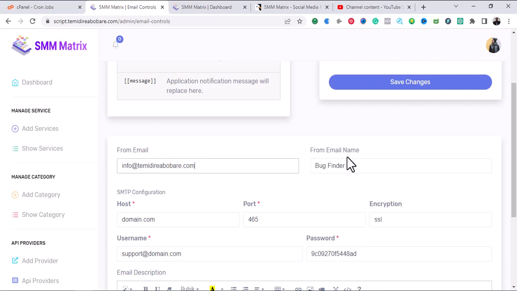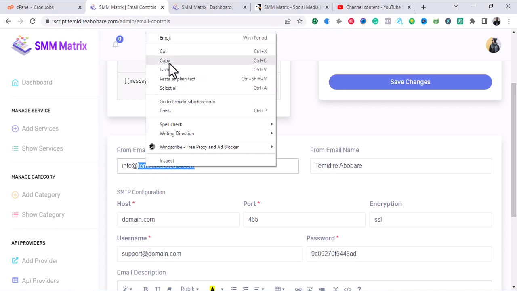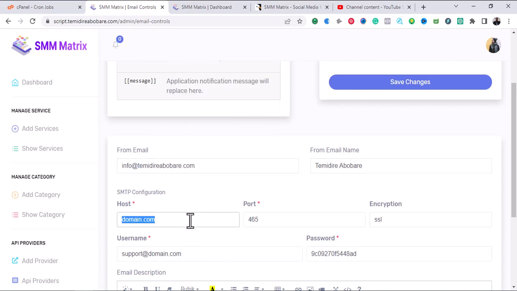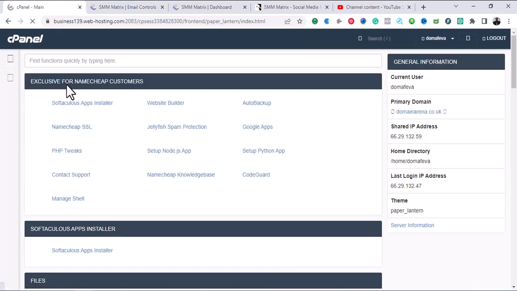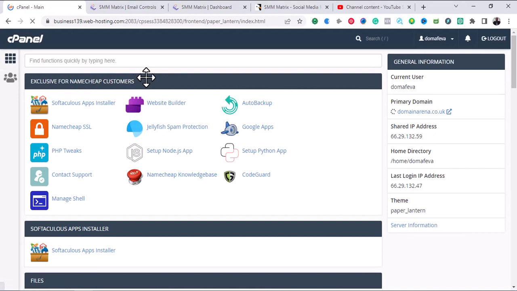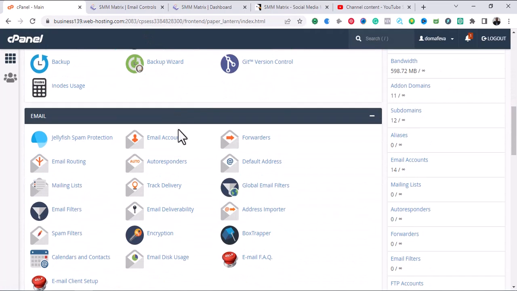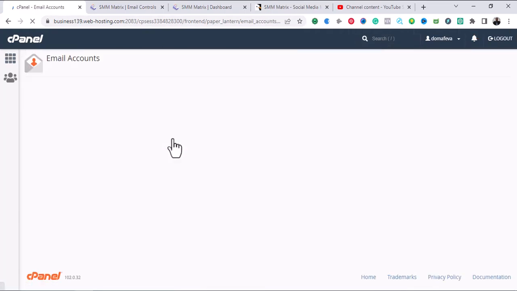temidireabobare.com and put your name here, temidireabobare, and the domain name is your domain name. You change it to your domain name. Okay, so here let me go to my email configuration. So you are going to see your configuration inside your email panel. Okay, this is my email. Once you click on email,